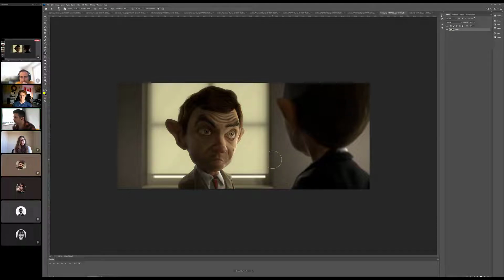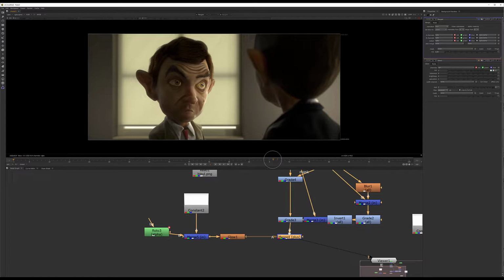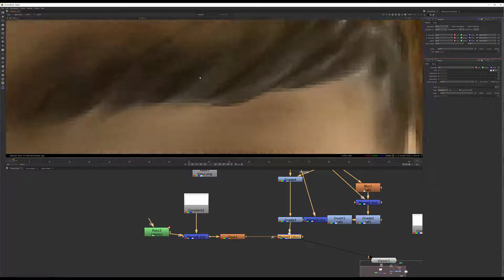One of the things I wanted to take a look at was his eye. And this is, again, true for anybody who works with this Mr. Bean asset. I think it's a great asset. I think it plugs and plays really well into RenderMan, especially in Maya. But I think the default shaders on his eye can do some wacky things. And one of them is that it can just,